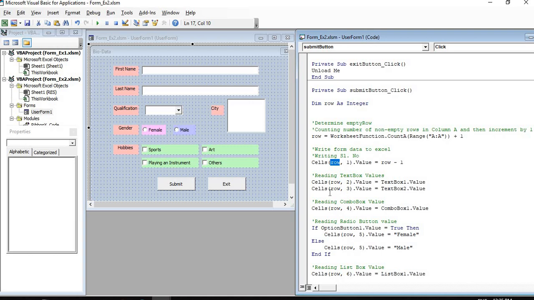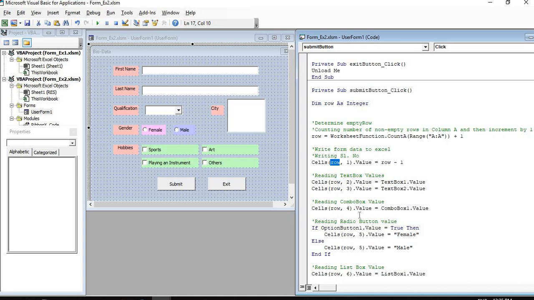Then in the same row, the row is not changed anywhere, only the columns we are changing. In the first column, we have inserted the serial number. In the next column, we are taking TextBox1.Value, that is the first name. In the third column, TextBox2.Value, that is the last name.